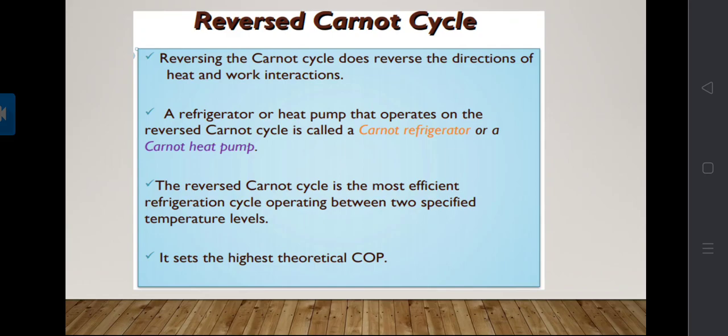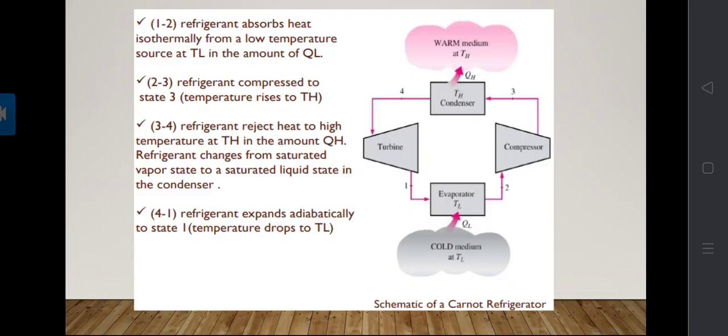The machine cannot be used in practice, because the adiabatic portion of a piston stroke needs high speed, while the isothermal portion of the piston stroke needs extremely slow speed, and this variation of speed is not possible in actual practice. In reverse Carnot cycle, here there is a schematic of the Carnot refrigerator.